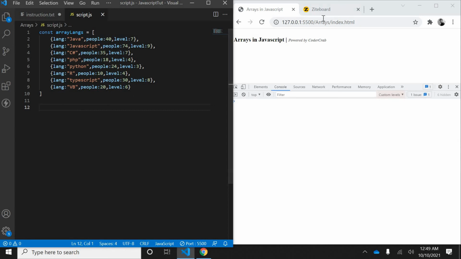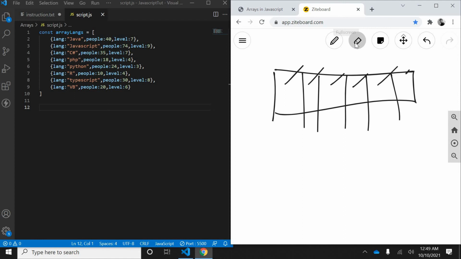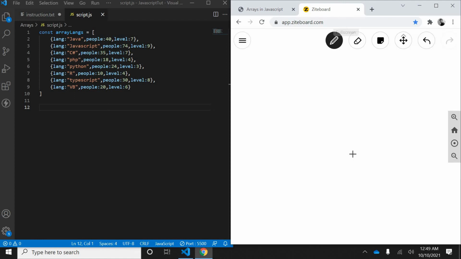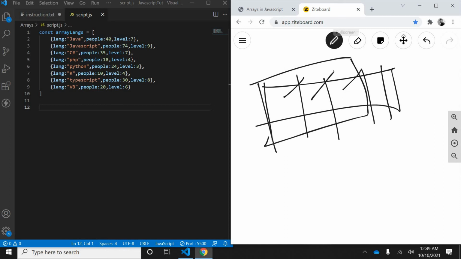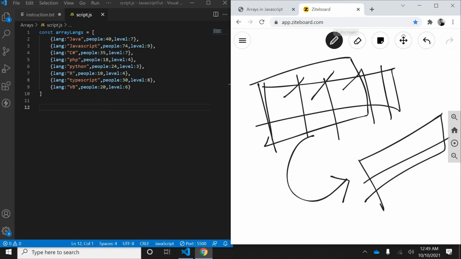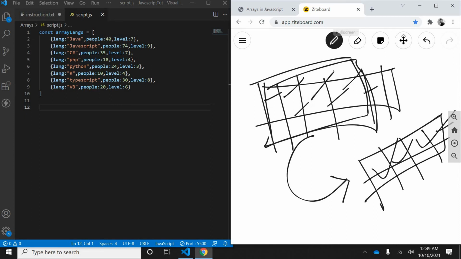If you want to understand graphically, let's say you have this, and you have this, you want this and this. So you basically want this portion of the array. So you are copying this array, making a new array, right? 1 2 and 3 4, you want this 3 4, you can take it, right? So this is slice. So let's see it.